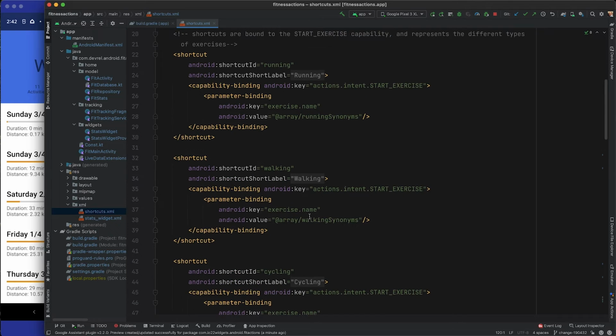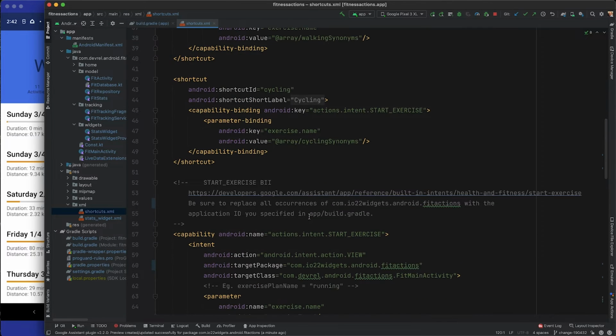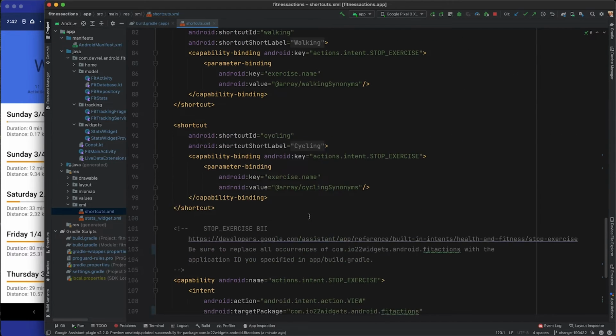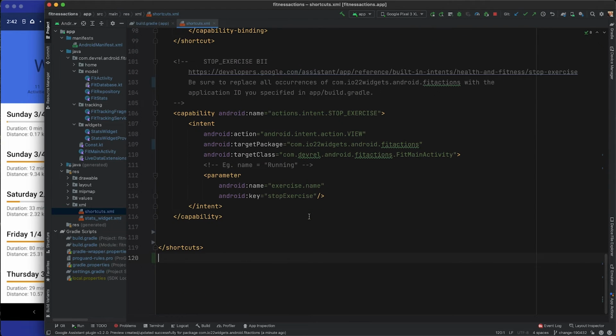As a side remark, during the CodeLab walkthrough, you will see code appear in my Android Studio window seemingly out of nowhere. This is because I wrote myself a little helper script that pulls in the code for each step automatically and to avoid copy-pasting code with the mouse. So let's add the get exercise observation capability here.